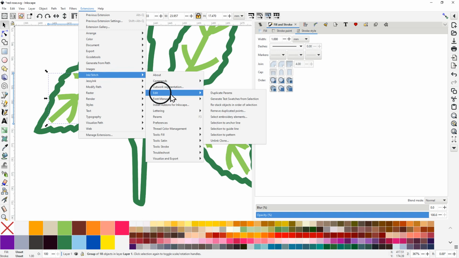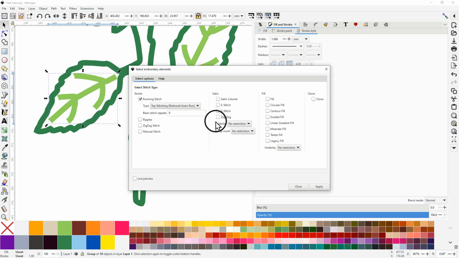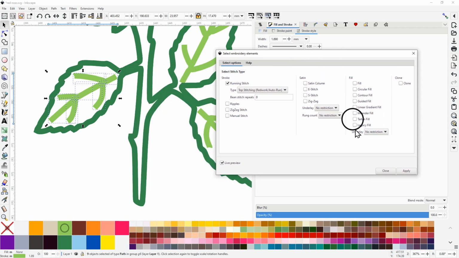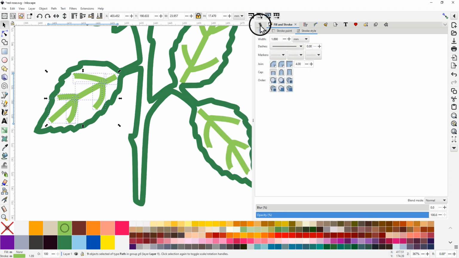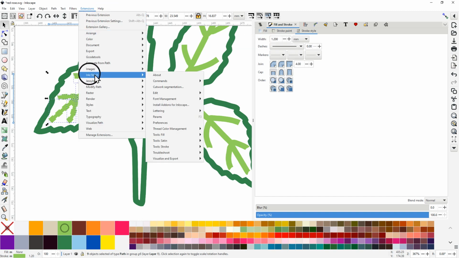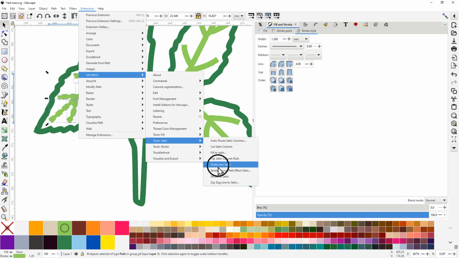Ink/Stitch, edit, select embroidery elements, and what I always like to do is use my live preview, then at least I can see before I apply that the right ones are selected, and I will go and hit apply and close out again, and then set my stroke width again to 1.2 and press enter, and then extension, Ink/Stitch, tool, satin, and stroke to satin,